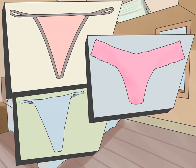The traditional thong will have full coverage in the front and likely a wide waistband, but narrows to a strip of fabric 1 inch wide or narrower that is slid between the buttocks. A G-string is a thong that has a very narrow waistband, typically a strip of elastic 1/4 inch or narrower. The thong part of the G-string is also very thin, so the only fabric is pretty much a small triangle